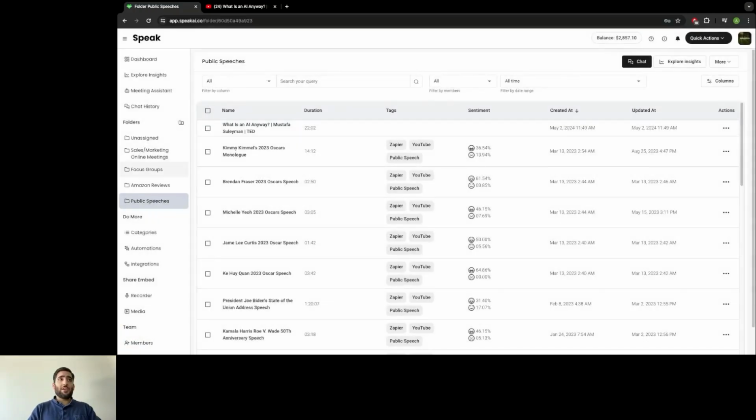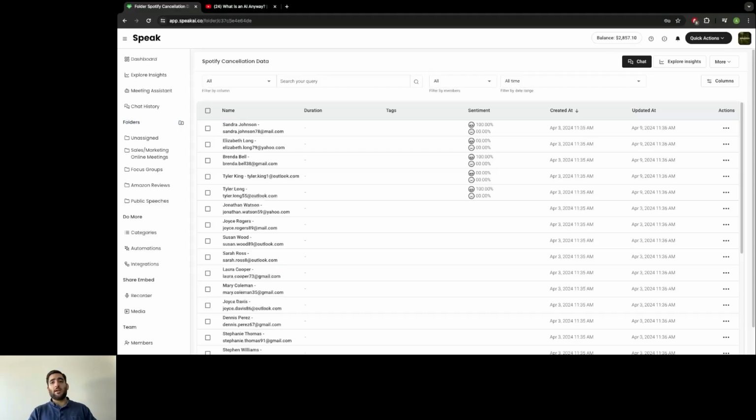Another thing I want to show you is that when you are dealing with, let's say, CSV files or any text files, for example analyzing your survey data, another option you have with the magic prompt, which is very exciting, is what we call theme identification. You can actually create your own unique fields. You can see over here we have duration, tags, created at, updated at. But if you want to create more custom fields to organize your files and have a better understanding of where those interviews or survey responses are coming from,